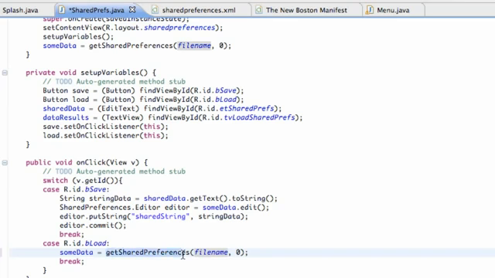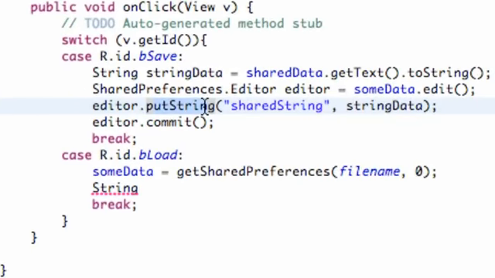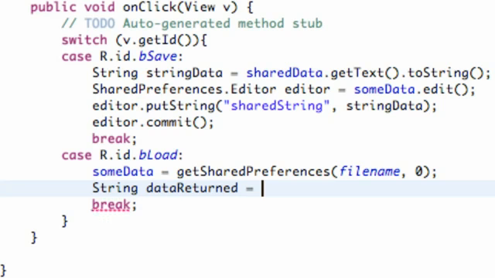So again, we're going to get the shared preferences from our shared preference class or object here, and we're going to load the same file name and the default setting. And now what we want to do is set up a string, because we're going to get this string that we put in right here within our save button, and we called that string shared string here. So we're going to set up a string variable called data returned, something like that, and we're going to set this variable equal to our SumData, again our shared preference, and